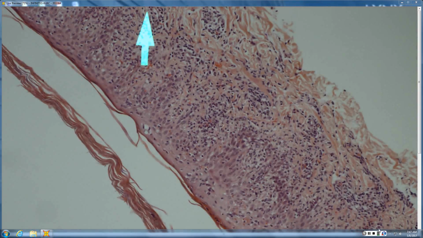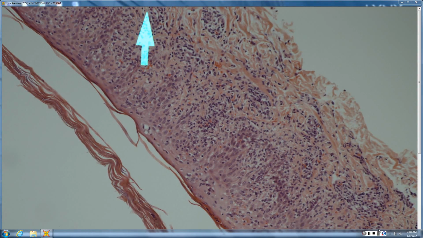We have kind of an interface pattern. So you correctly identified it as interface. And now the next question for interface: is it lots of holes out of proportion to lymphs, or is it closer to a lymph in every hole? I think it's closer to a lymph in every hole. So what's your differential for a lymph in every hole interface? I know CTCL is different. So MF, and then